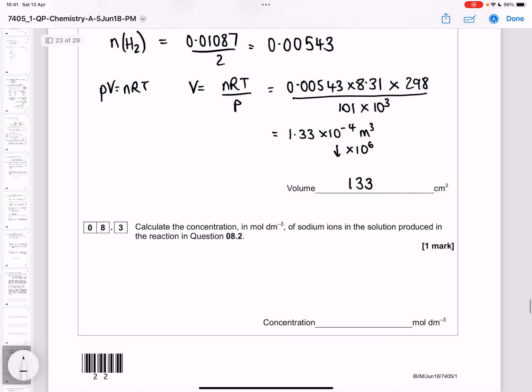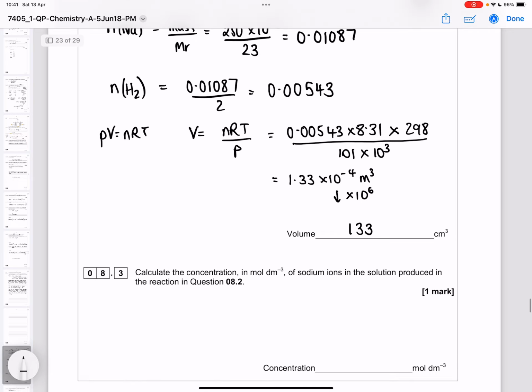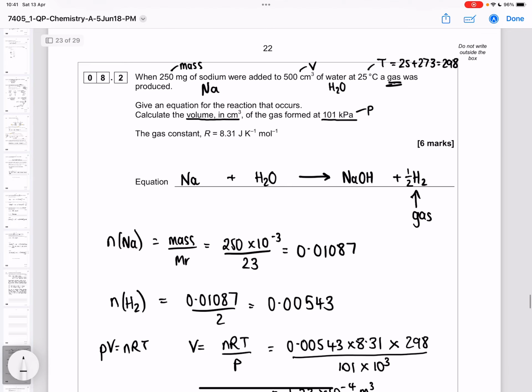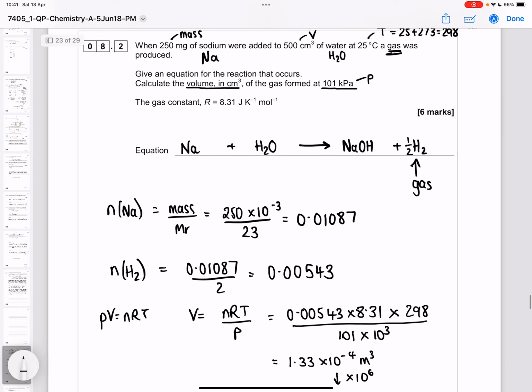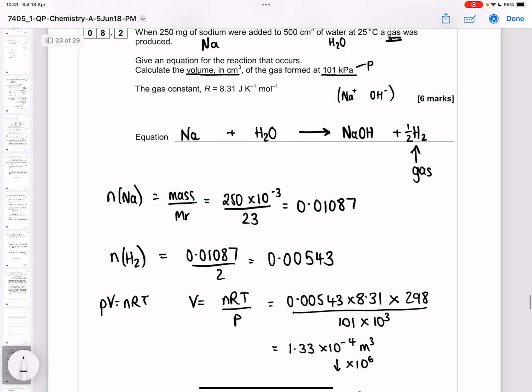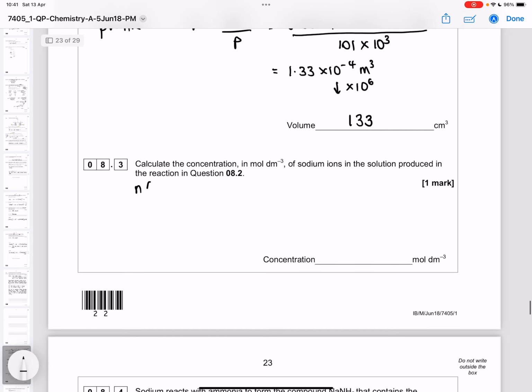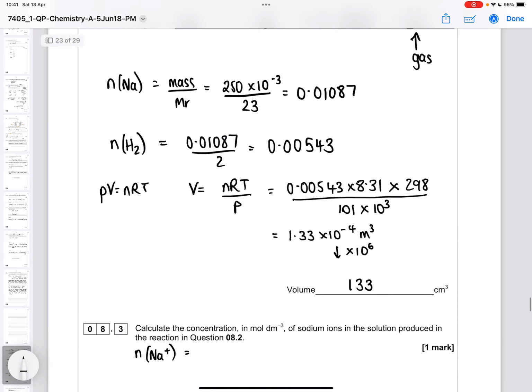The next part of the question asked me to calculate the concentration of sodium ions. Now if I go back up to the equation, the sodium ions are in the sodium hydroxide. So think about this, this is actually a sodium ion and a hydroxide ion. So if I know the moles of sodium, I know the moles of sodium ions. So the moles of Na plus ions is the same as the moles of sodium I worked out right at the beginning here,